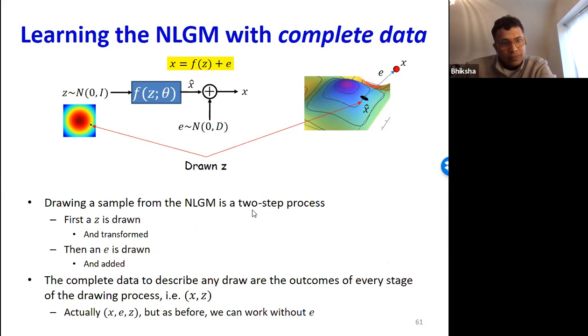And how so? Assume that for every training data instance, you knew the z. So you know what the z was. You're pumping the z through this f of z, and then you're adding noise. So basically, you know the relative position on the manifold. You don't know the manifold, but you know the relative position on the manifold, and then you add the noise. So at this point, the only thing left to estimate are the parameters of this manifold and this covariance D.